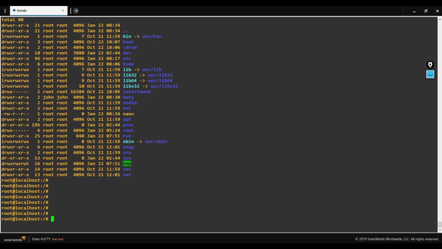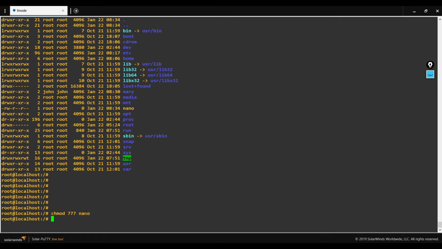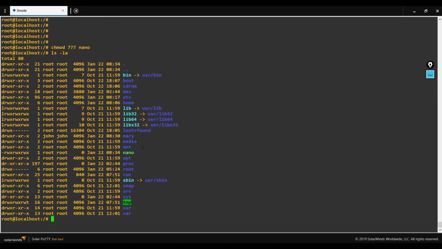So let's apply it to this particular file. Note down the current privilege for this file nano. I am modifying it with 777. So I am giving total access, complete access to that file. Now you can see the privilege changed.